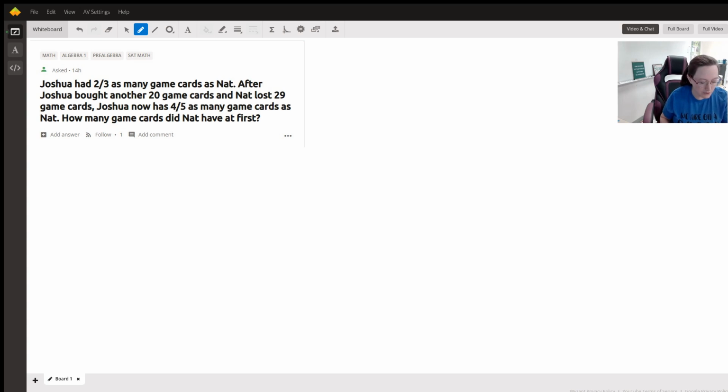So the first thing that I'm going to do is take this Josh plus 20. That says J plus 20. But instead of saying J, I'm going to take the other thing that we know about J, which is the 2/3 N. So I'm going to say 2/3 N plus 20. And that's going to represent our new information about Josh. And that's going to be equal to